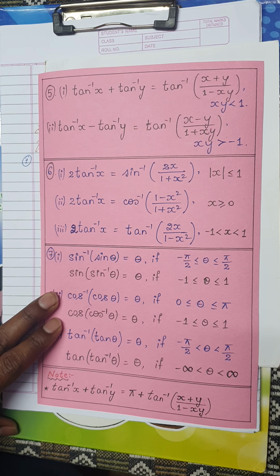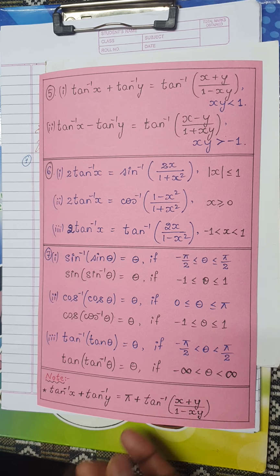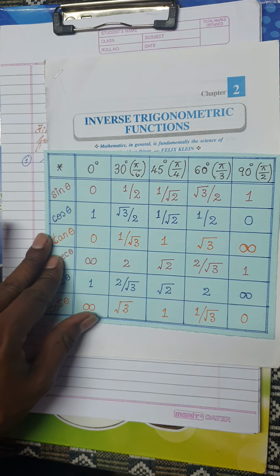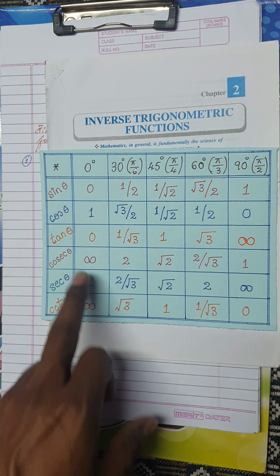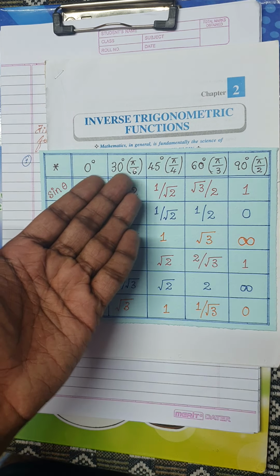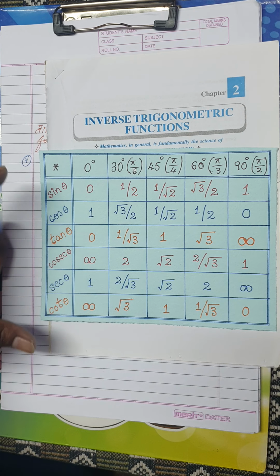Okay, and along with this, the very basics of trigonometry, that is, the standard values of trigonometric functions. We know 0, 30 degree, 45 degree, 60 degree and 90 degree. I have a chart of values here, but it would always be wonderful for you to know these values by heart, because in your examinations you cannot keep this in front of you and take your examinations. Okay,